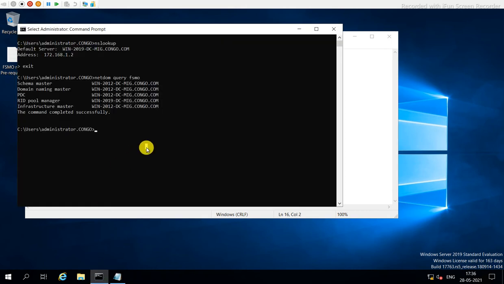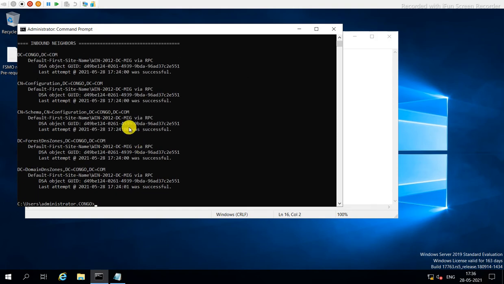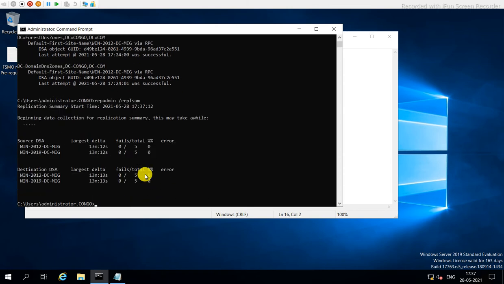First, we'll check the replication. Repadmin /showrepl. With the help of this command, the inbound connection last attempt was successful. All are coming back successful, not an issue. Repadmin /replsummary.